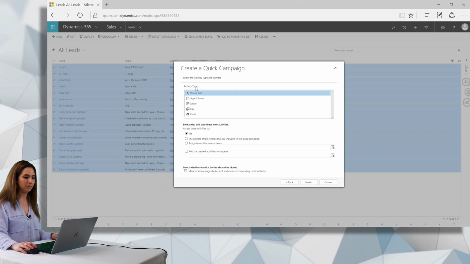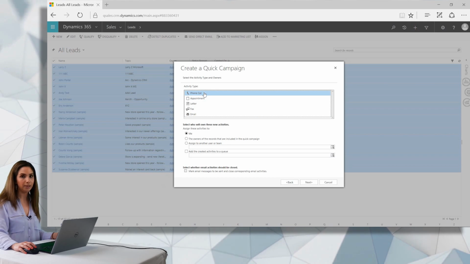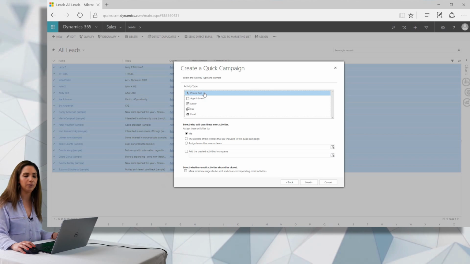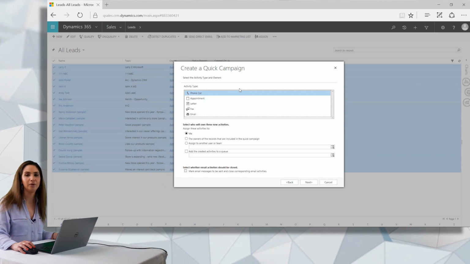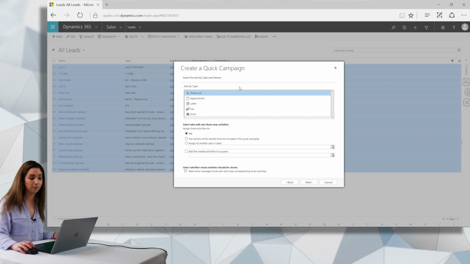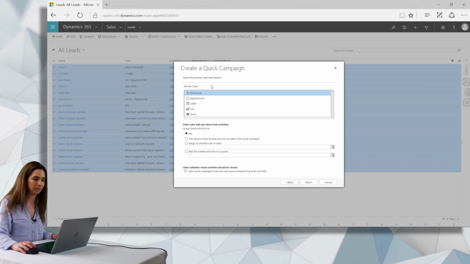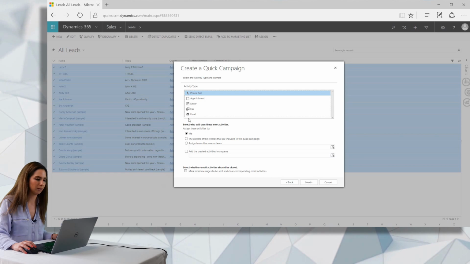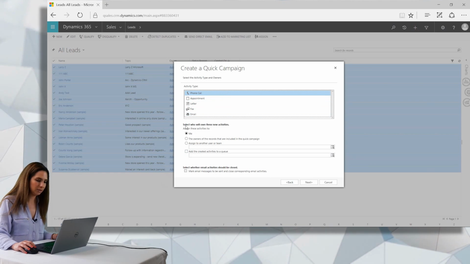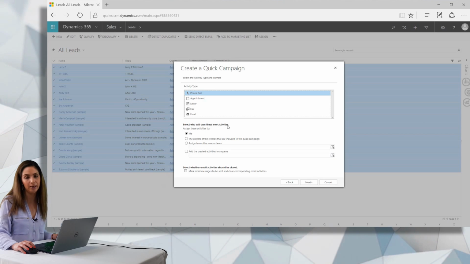And what kind of activity do I want to assign to the team? I can select from different options here. I could set them up to make a phone call to all the leads in the system. Depending on the integrity and the type of data that you've imported, you can make that decision. I think a phone call would be a good place to start. Another popular option is to send an email to those records. So we'll choose phone call,